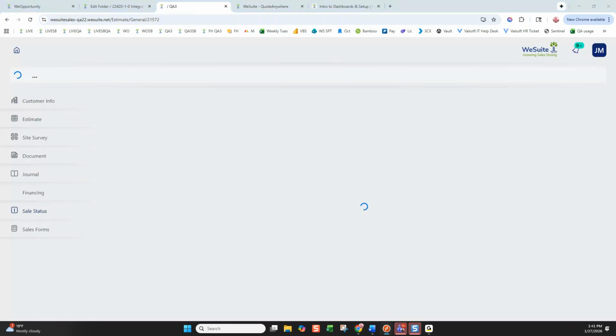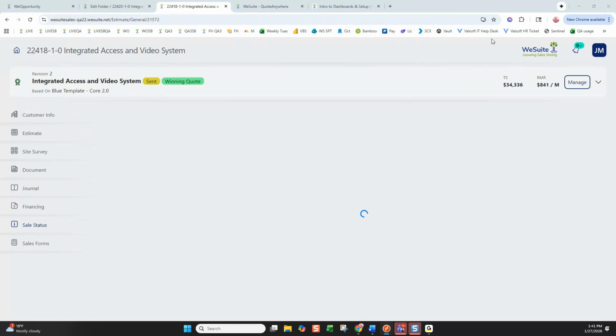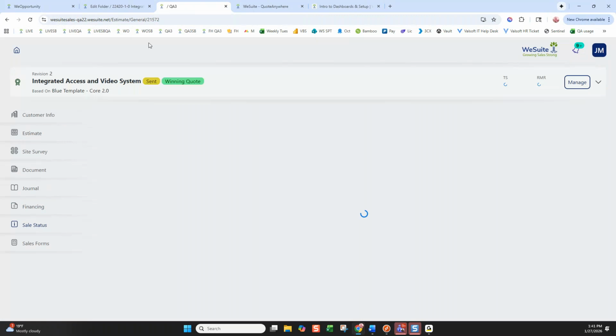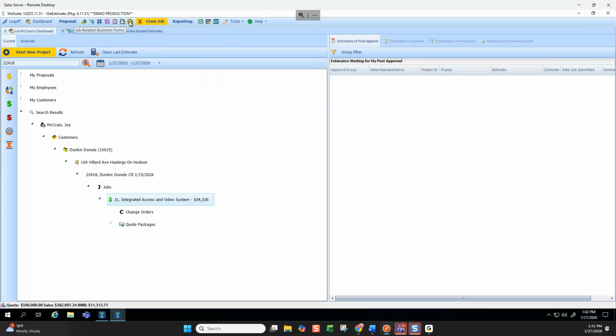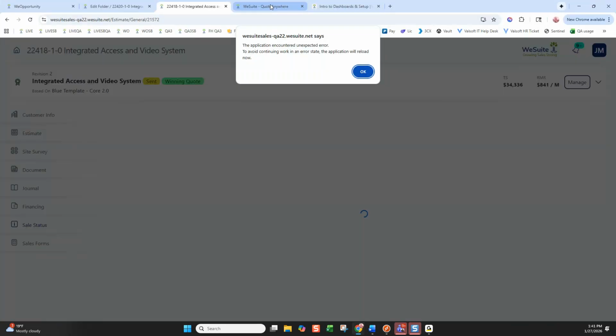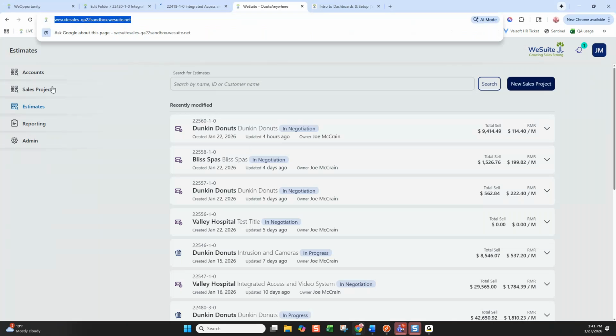It's a little bleeding edge here because we have our new AI tools, which I'll also try to talk about briefly. But here's this job. And you can see I have my customer screen, job screen, document screen, and it's a mirror of all of these buttons here at the top. Okay. Now with 612, which we'll go into, I'll be able to have all my reporting, all the admin,